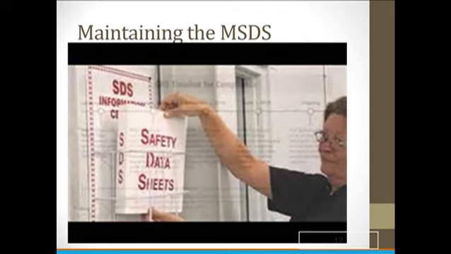The chemical inventory and safety data sheets must be kept current. No one can bring any chemical into the building unless there is a safety data sheet available and provided to the department head. When any new chemical is introduced, the department head will obtain and review the safety data sheets for new and significant health and safety information. Then the department head will see that any new information is passed on to employees that may be working with that chemical, and also pass it on to the person responsible for maintaining the hazardous chemical inventory and the SDS binder.